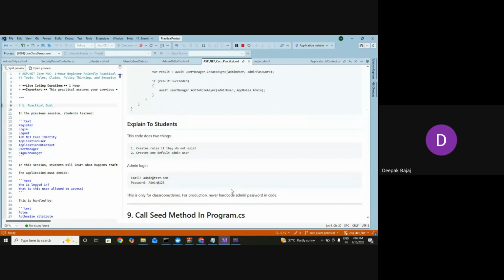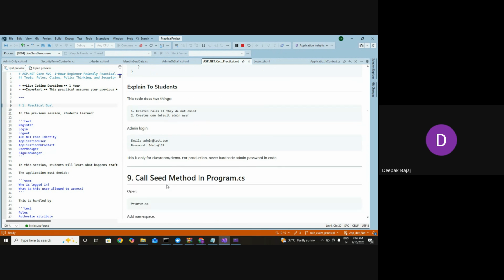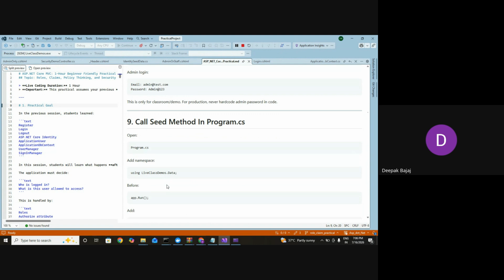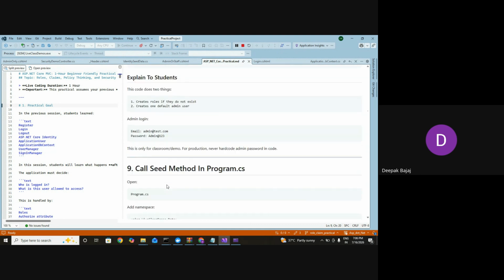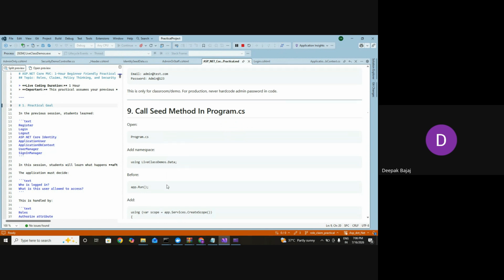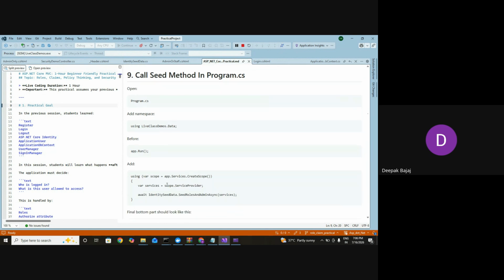It's saying create role if it does not exist, create one default admin user with this login and password. So now we need to seed this data or update this data when our program runs. So we are making an entry here before run